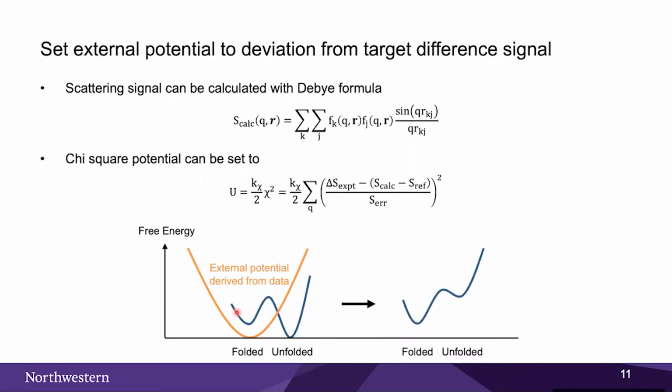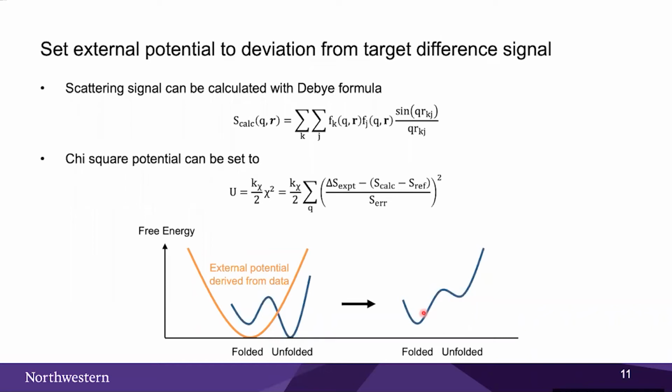So for example, in dark blue, you have this free energy curve that favors the unfolded state. You start with the unfolded state, and you really want to know what the data drives it to. You then simply add this external potential derived from data, which in this case favors the folded state. Effectively, it just penalizes the unfolded state such that it's easier for the system to cross this barrier and arrive at the folded state, which also fits the data.